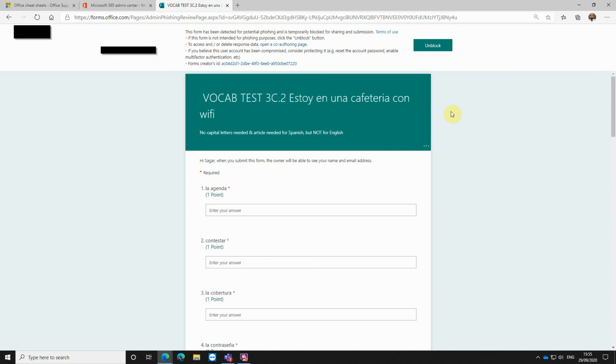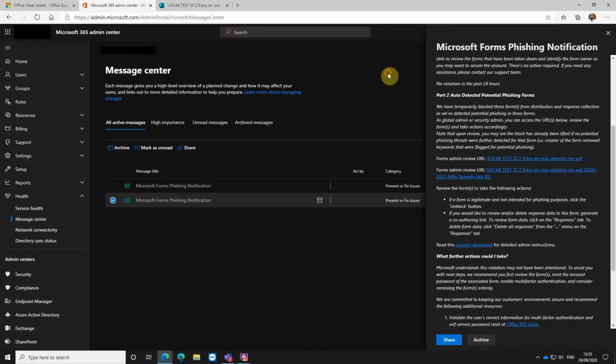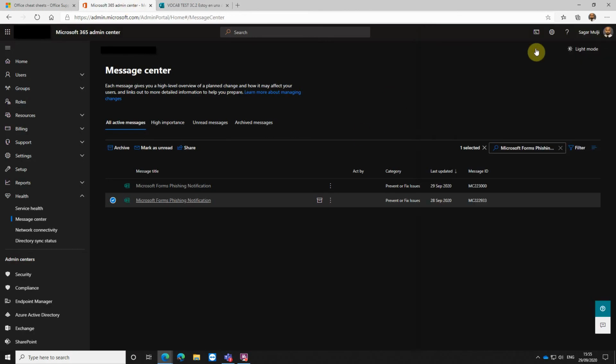From here you can then, as an admin, unblock, which will then allow the user to share that form and collect the information it needs to. Another way to change that for the organisation, to make it a little bit less restrictive, is if you go